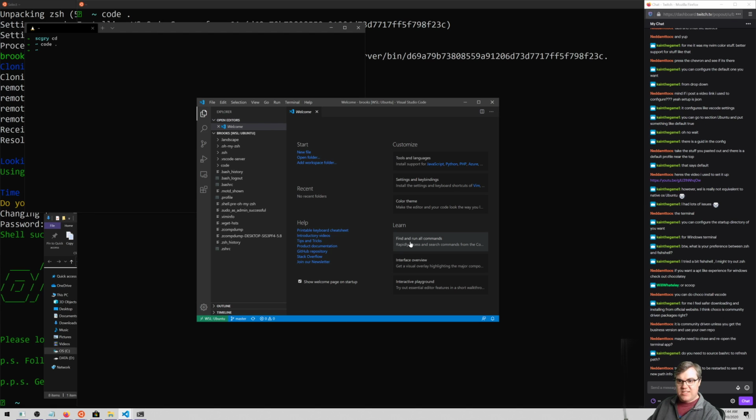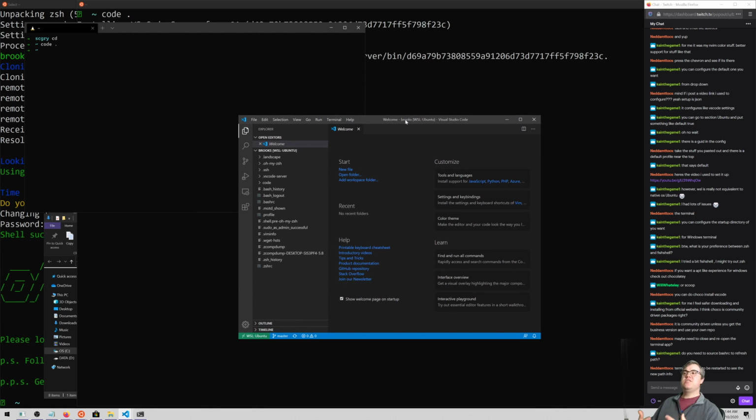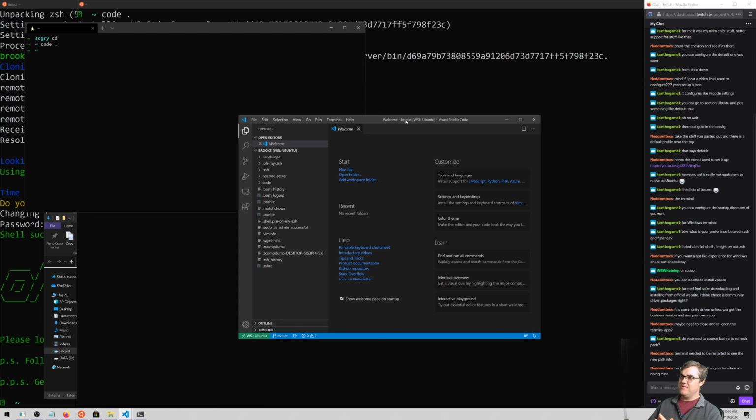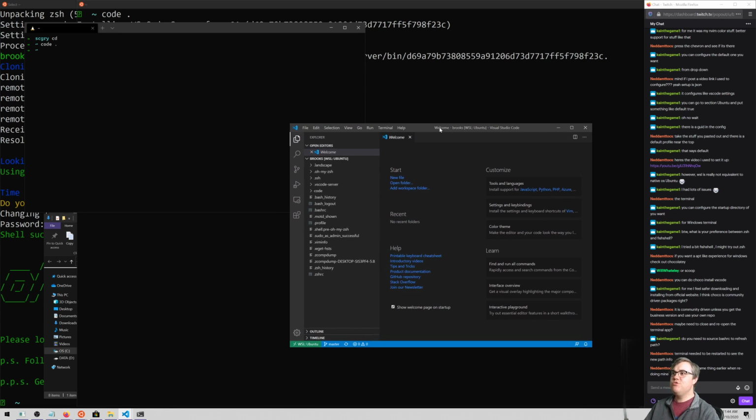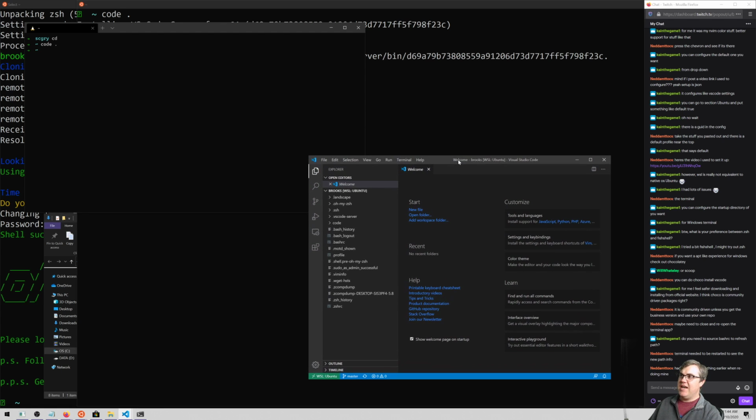The terminal needs to be restarted to see the new path. That feels not normal to me. I guess what that means is that each tab is not truly its own new terminal. They're just sort of faking it behind the scenes.